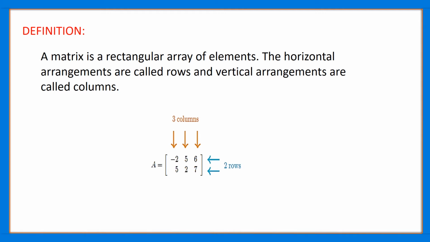Okay, how do we represent a matrix? Usually the capital letters such as A, B, C, D, E, F, G, etc. are used to represent the matrices, and the small letters like small a, small b, small c, small d, small e, small l, a11, a22 are all used to indicate the entries, that is, the elements of the matrix.